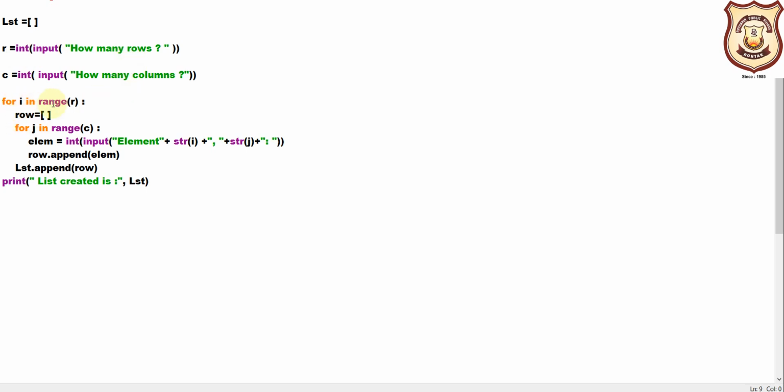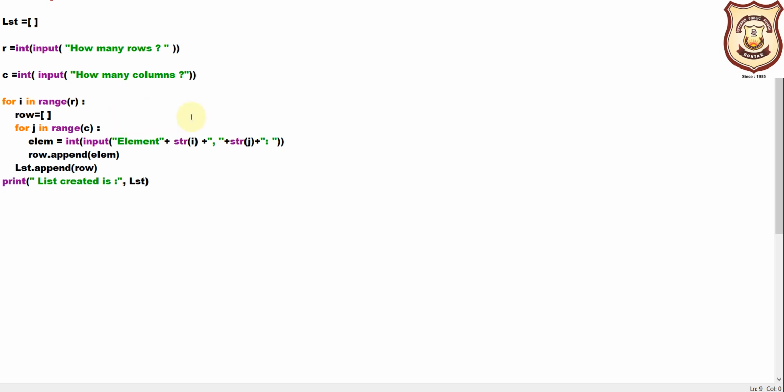This is our first for loop that is taking care of the number of rows, and here we have initialized the row, and this row is particularly for entering the columns, right? If r is executing itself for the first row, then the column loop will work, say if we enter 3. See here, if I say 2 rows and 2 columns, initially the first row will come, and in the first row we will have 2 columns. We are trying to make a 2 cross 2 2D list, which means there will be 2 rows and 2 columns.